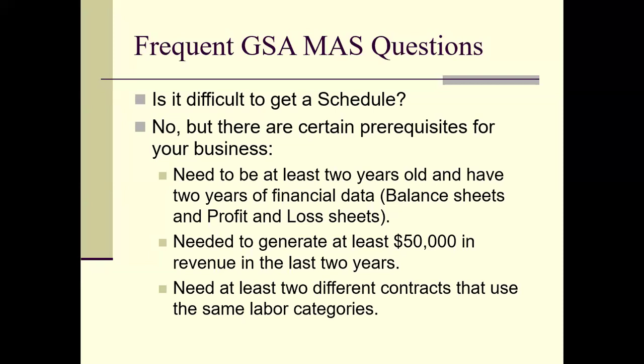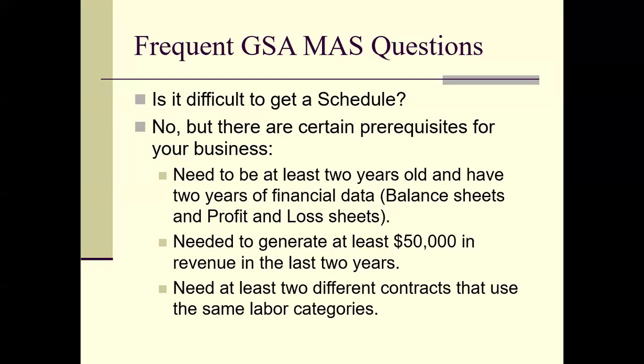There's a couple of ways. There's a fast track position that you can do where you don't have to have as much project availability, but you still have to have those 2 years of being in business and the financial data to support that. The GSA schedule is all based on past performance. It's based on what you have done, not what you want to do. And so we'll talk a little bit about the difference between the MAS schedule and the GWACs, or the government-wide